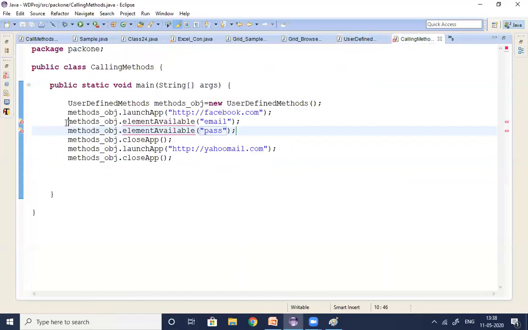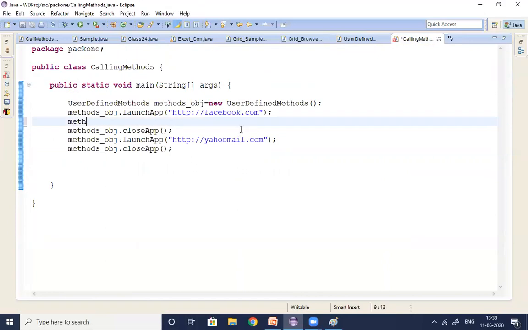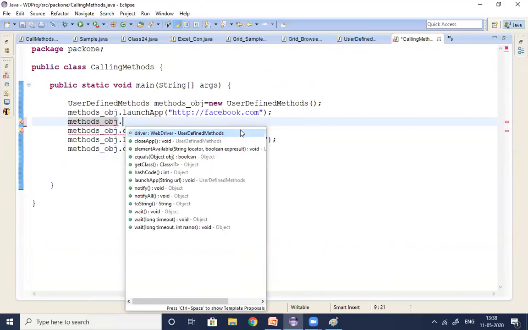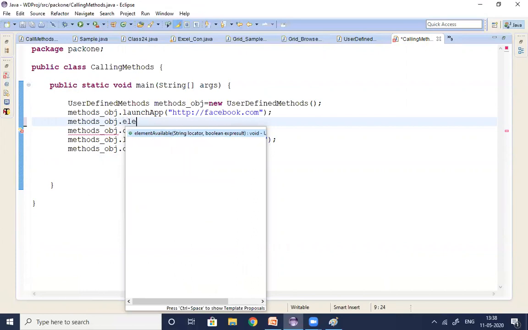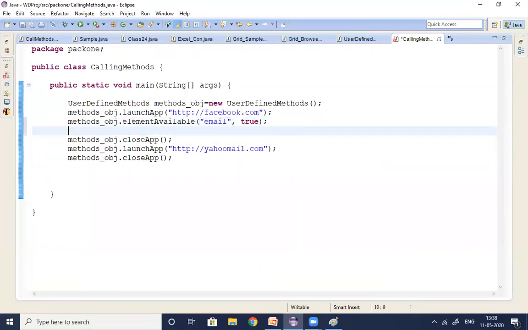Simple. My requirement is, see, email should be available. What to do? Methods underscore object dot element available. Which element, guys? Email. Email should be available means we are giving the expected result as true. Suppose password should not be available. Come on, guys.